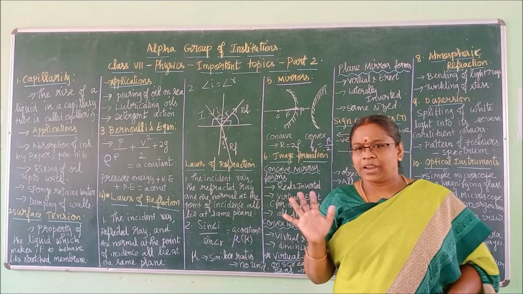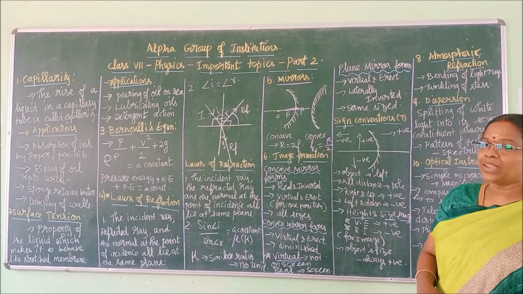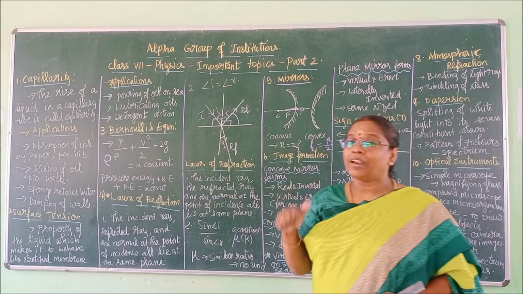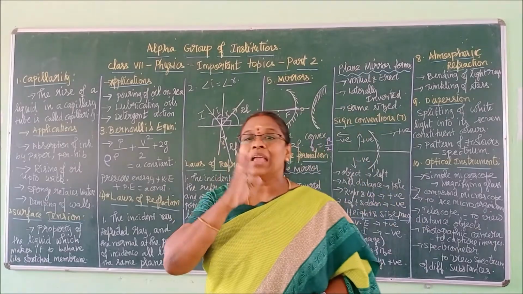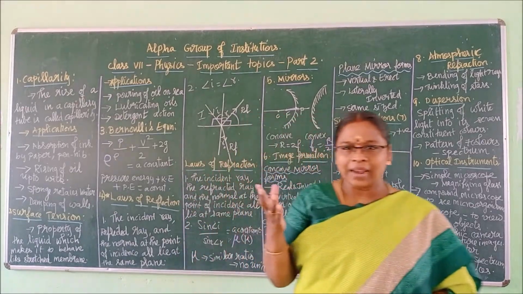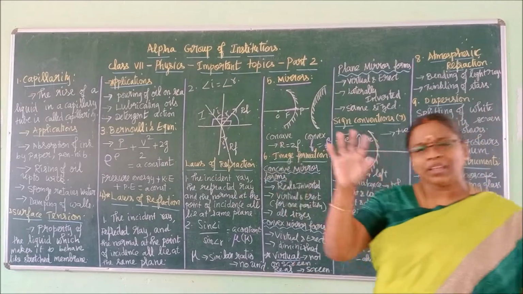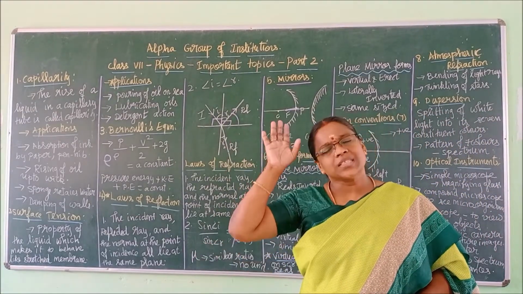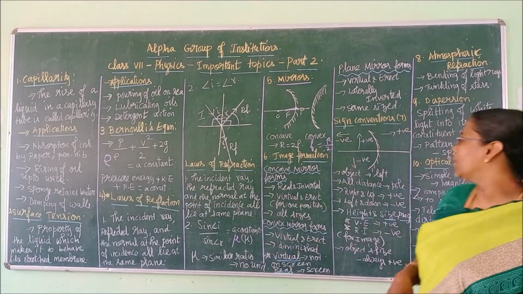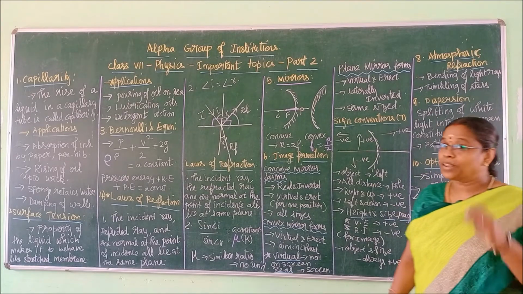Ordinary mirror, right? That mirror first forms a virtual and erect image, and it forms a laterally inverted image. What is laterally inverted? Left appearing as right and right appearing as left. Remember that? Next, the image will be of the same size. Whatever the size of the object is, the same size we get for the image also. Okay, children, these three types of image formation, very clear.